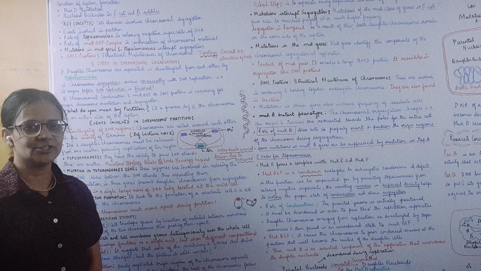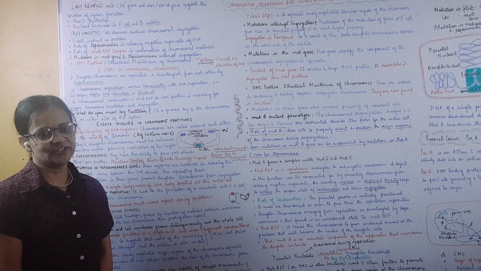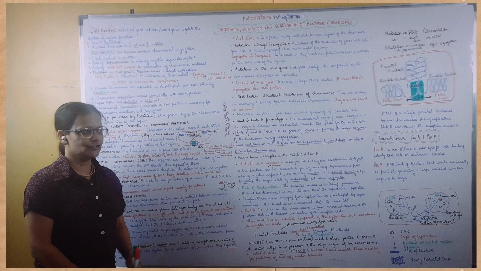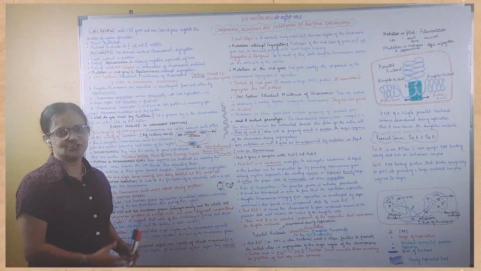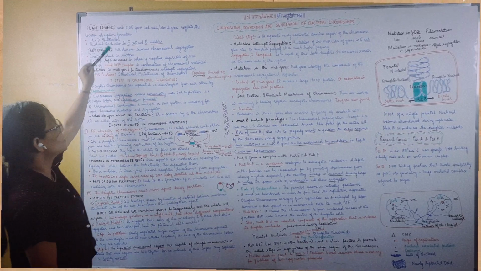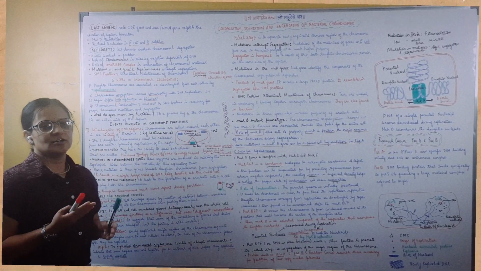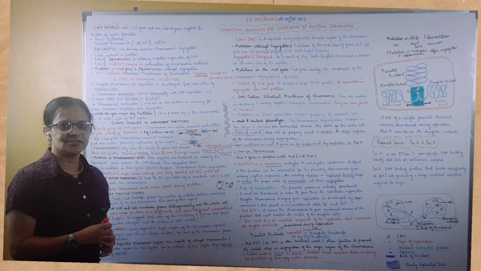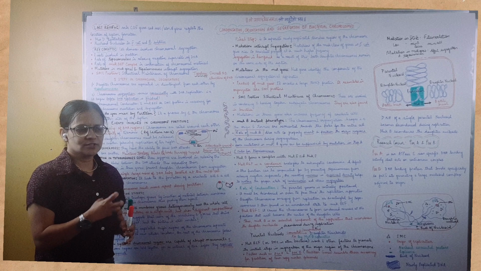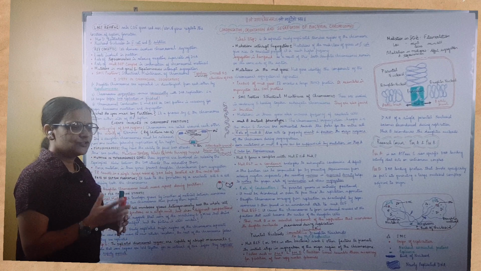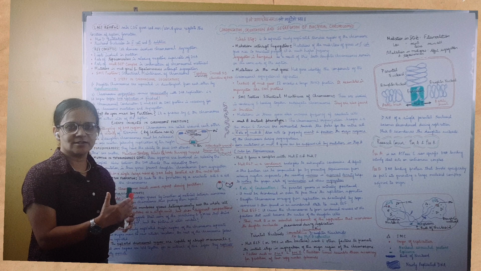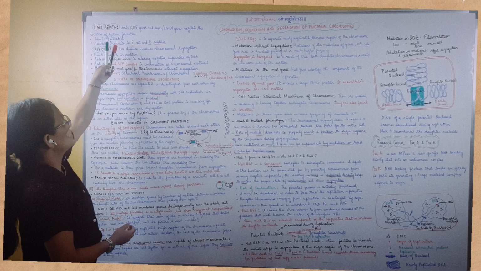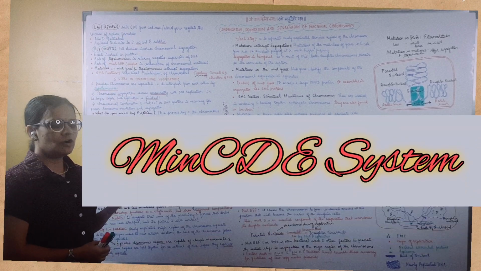So we've started with the replication series, and in that we've started with prokaryotic DNA replication. This is our fifth lecture, so please go and watch the previous videos because it's in connection with the last video. In the previous lecture, what we saw was the genes which were involved in locating the septum formation. Even in eukaryotes, during cell division, there is a process called septum formation. So for septum formation, you have a couple of genes involved which decide where the septum should form. In prokaryotes also, you have a gene system called the Min system, that is the MinCDE system, which is involved in locating the